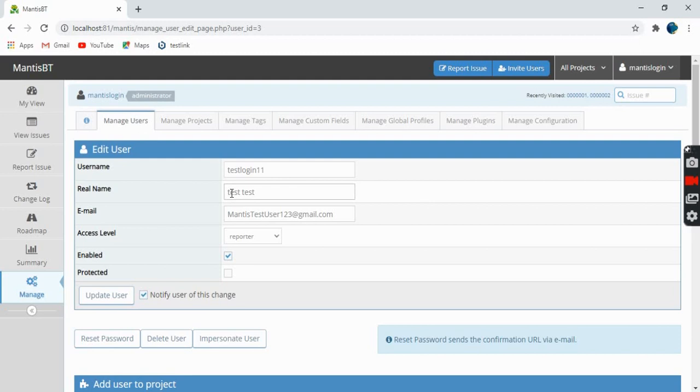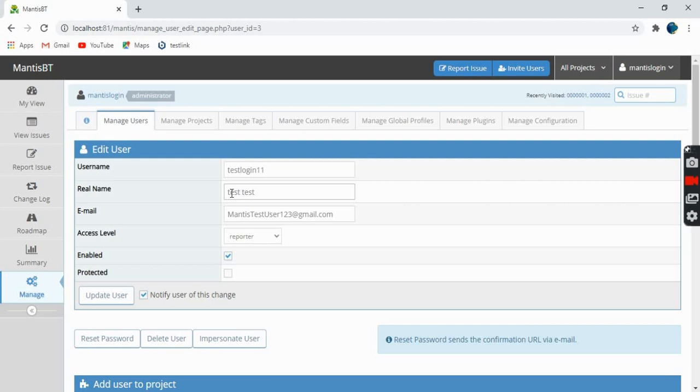And now let's have some points on what happens as soon as a user is created. Whenever you create a user, that particular entry will go into the database. And if that particular user has email notifications on, the user will receive an email which will allow him to activate his account and set the password.